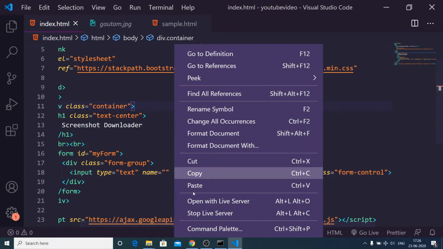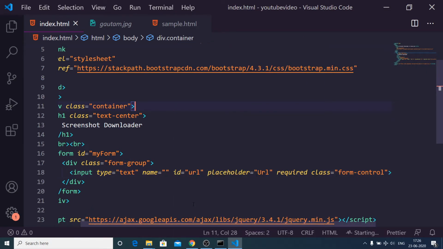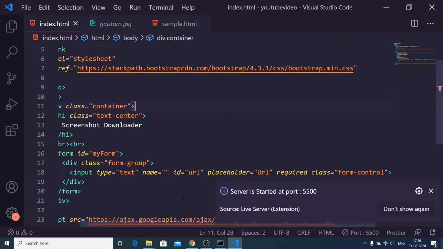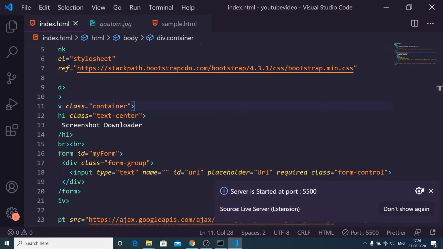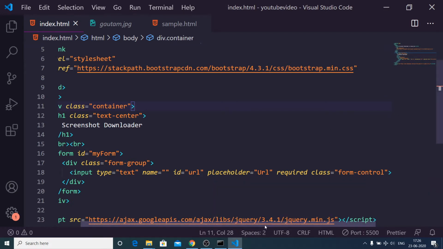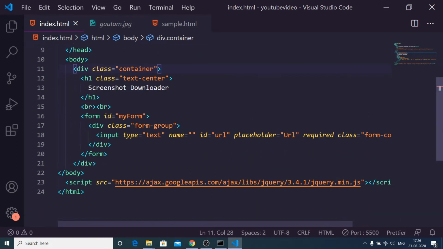If I right click and open this with live server, you will see an application will be hosted on port 5500. If I open this, you will see this is our input field. Here we will provide the URL. After this we will have a simple button in order to submit this request.